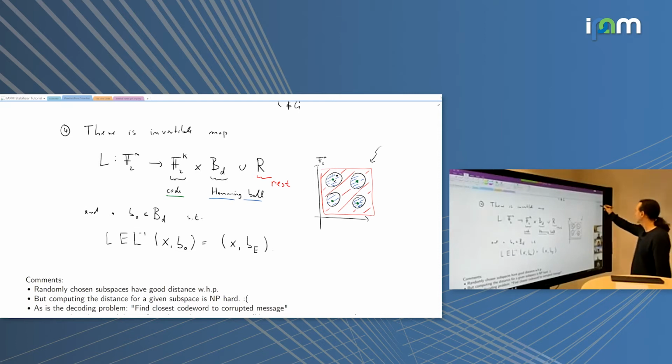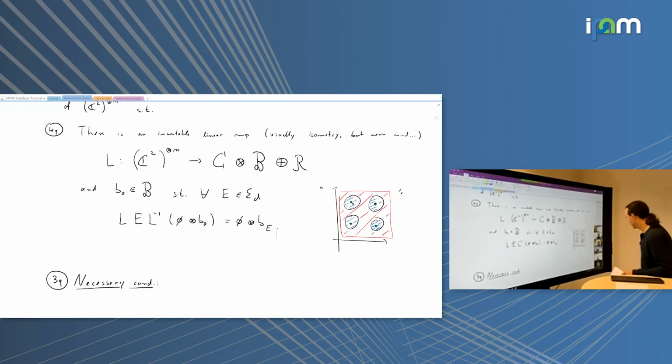Now, some people who know about quantum coding, like Thomas, will say, oh, David, if you open Nielsen and Chuang, that's not what the quantum error correction condition looks like. To which I would say, yes, Thomas, that is right. But the reason is that if you look very carefully, I have not used any scalar products or any metric information in that definition. I had the great pleasure before of discussing tensor problems with the likes of Joseph Landsberg. Joseph is a very patient person, but whenever I introduced a scalar product in a context where it wasn't essentially needed, he got very uneasy.